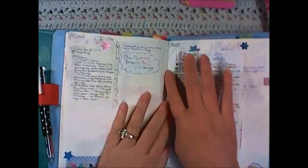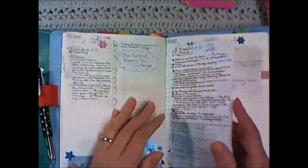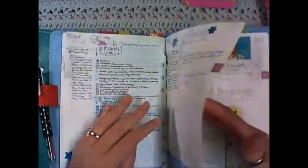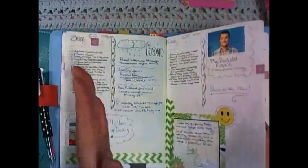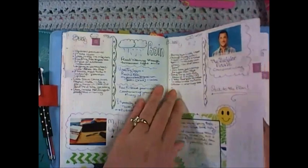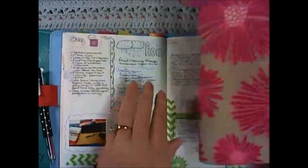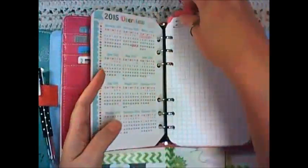Here, I'm just going to washi tape it in. That's how this is going to go. So it'll be there. And after tomorrow, because I like to end my weeks on a Sunday, I go Monday through Sunday. So after tomorrow, I will take the sheets I had for this past week, which are, I think